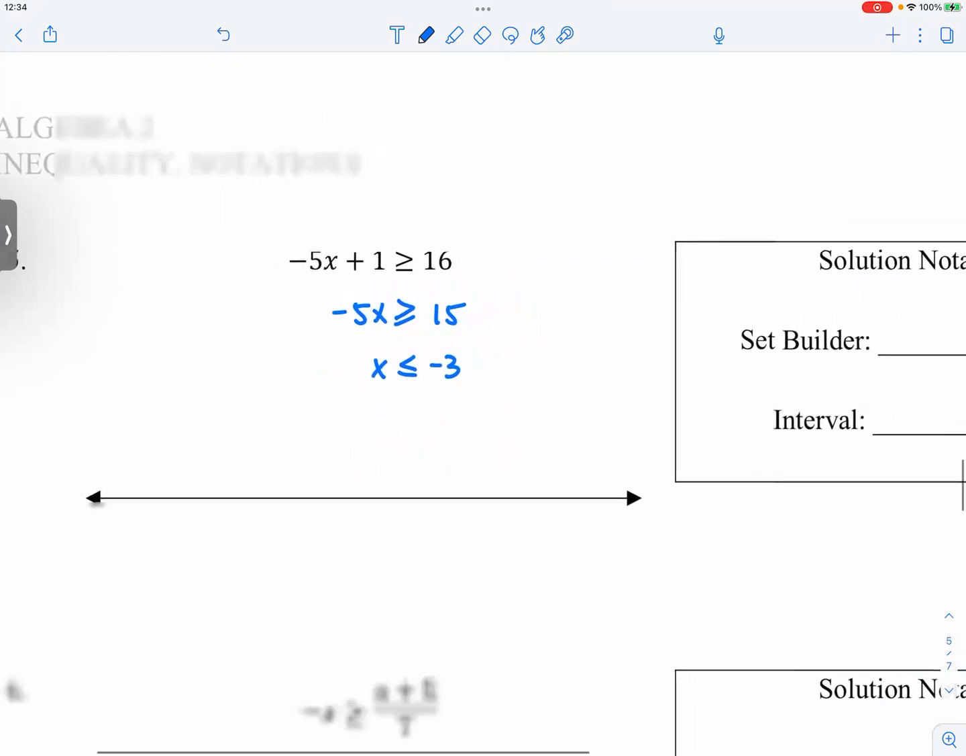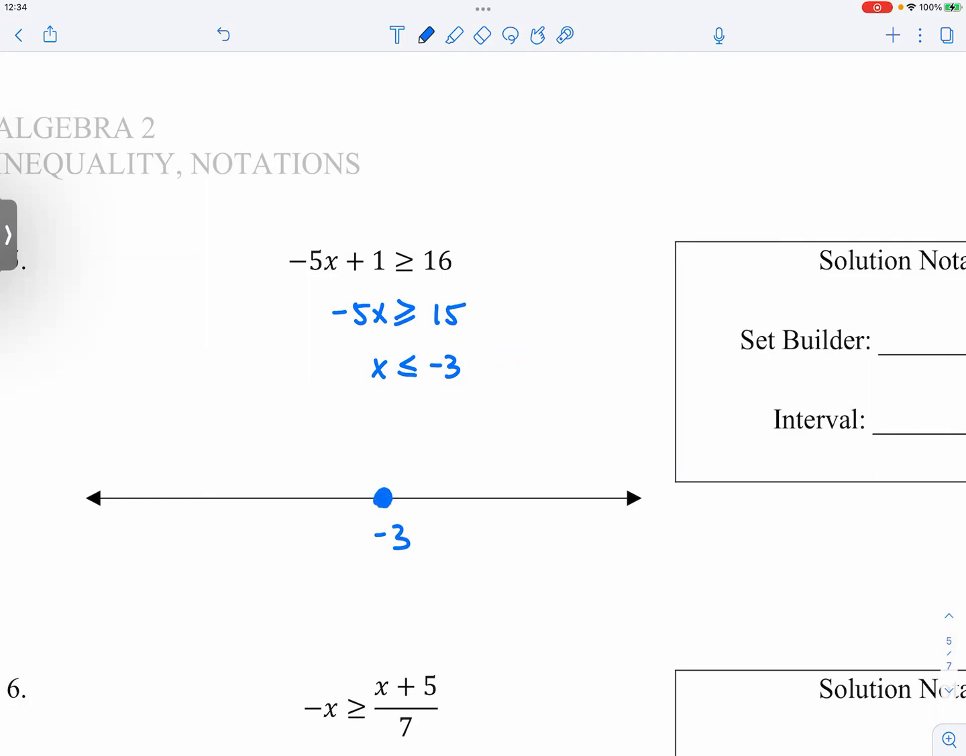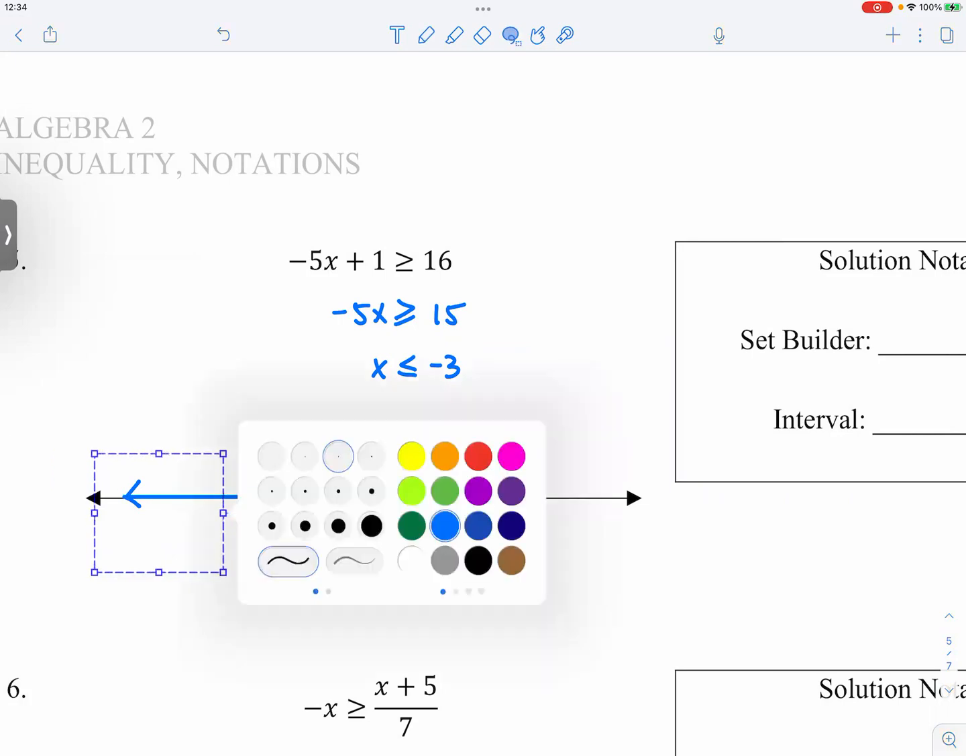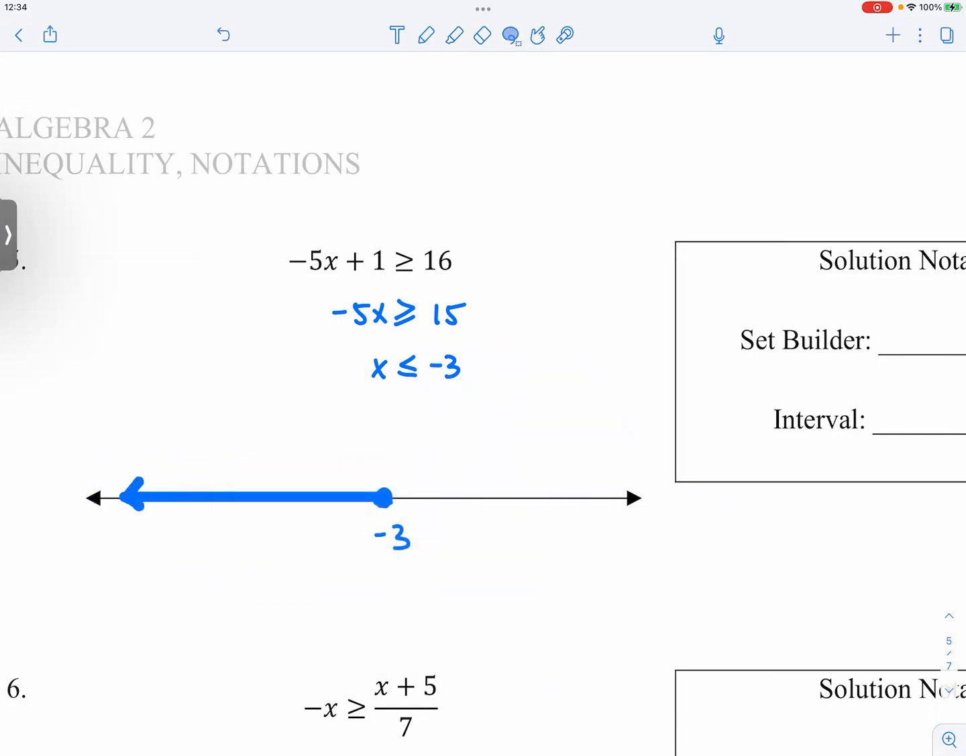So we are seeing a little bit of a difference compared to the earlier examples. So we have a closed circle here at negative 3, and since x is less than negative 3, we are going to shade the left. Okay, and let me make it thicker so that it's easier to see. All right, so if we keep going all the way to the left,